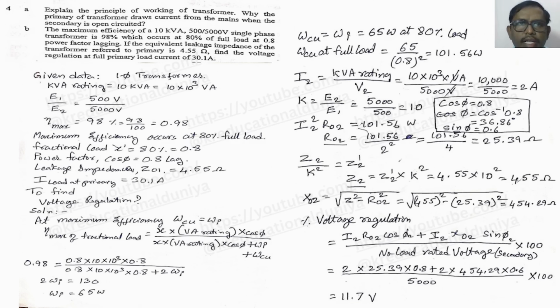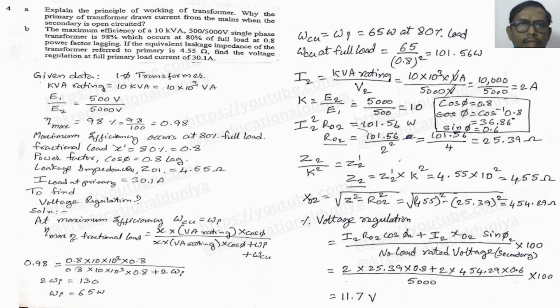So maximum efficiency equal to 98 by 100, that is 0.98. Maximum efficiency equal to 0.98, which occurs at 80% of full load. So maximum efficiency occurs at 80% of full load, that is it is not for 100%, it is of fractional load. 80% fractional load, so fractional load X equal to 80 by 100, that is 0.8, at 0.8 power factor lagging. Power factor means cos phi, so cos phi value is 0.8